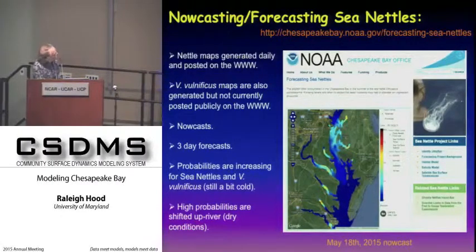This is an example of a nowcast forecast that I pulled last week on the 18th. And as you can see, and what we're seeing now as the water warms, the probabilities are increasing for encountering both sea nettles and vulnificus. It's still a little bit too cold. As you can also see, the high probabilities occur in these mesohaline regions, about 10 to 15 salinity units,